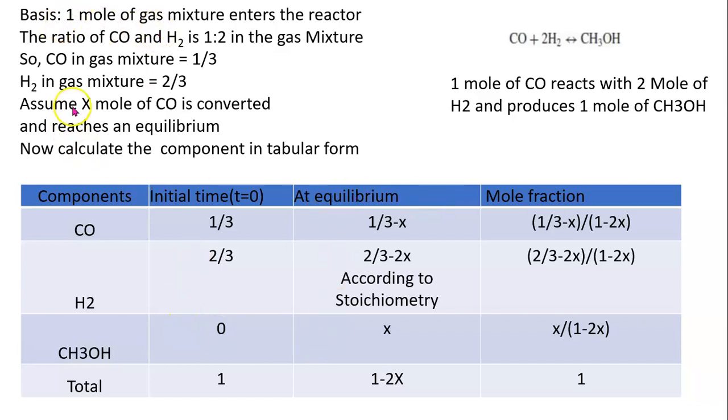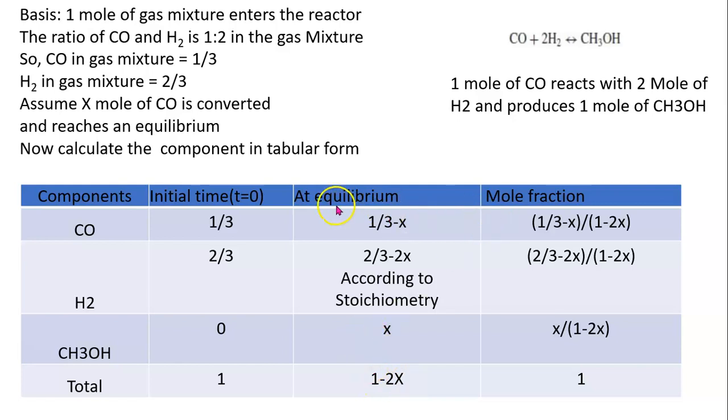Now at equilibrium we assume that X mole of carbon monoxide is converted. Then how much mole is still remaining? That is originally 1/3 minus X. How about hydrogen? You know 1 mole of carbon monoxide reacts with 2 mole of hydrogen. So X mole of carbon monoxide is converted, and how much hydrogen is needed for that conversion? 2X mole. Now how much remaining? 2/3 minus 2X. And how much methanol is produced? That is X mole. So at equilibrium, how much mole is present in the gas mixture? If you add 1/3 minus X, 2/3 minus 2X plus X,